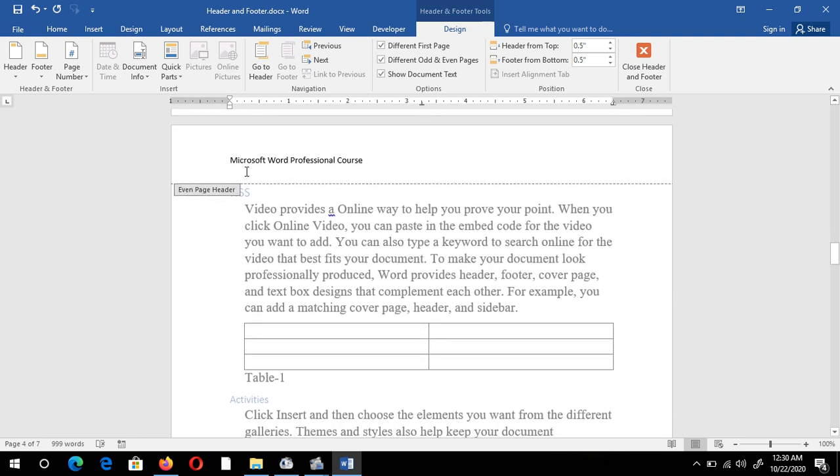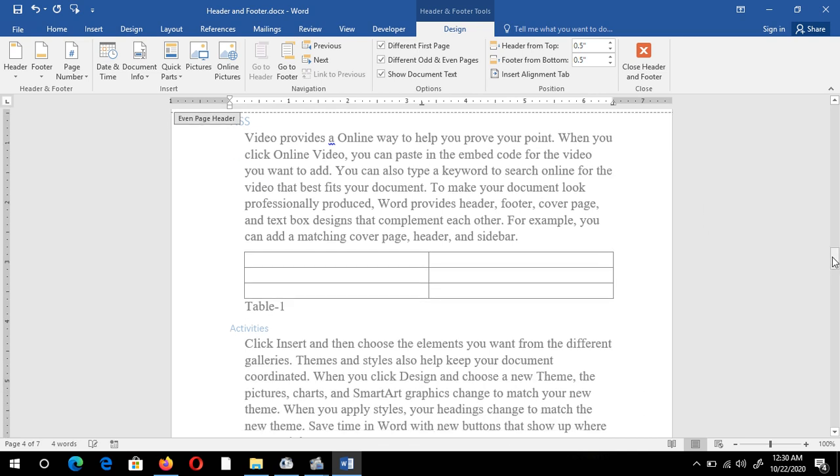You can see this is again even page. I have just given the name, that is Microsoft Word Professional Course, and you can see the footer.